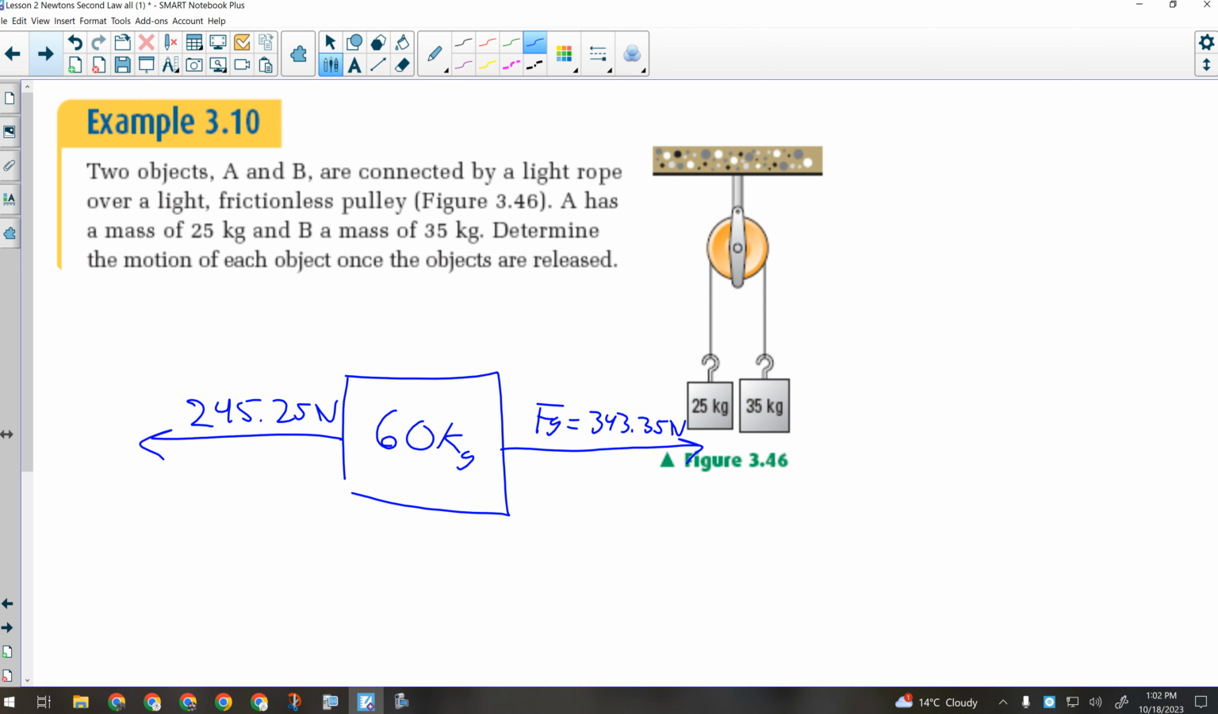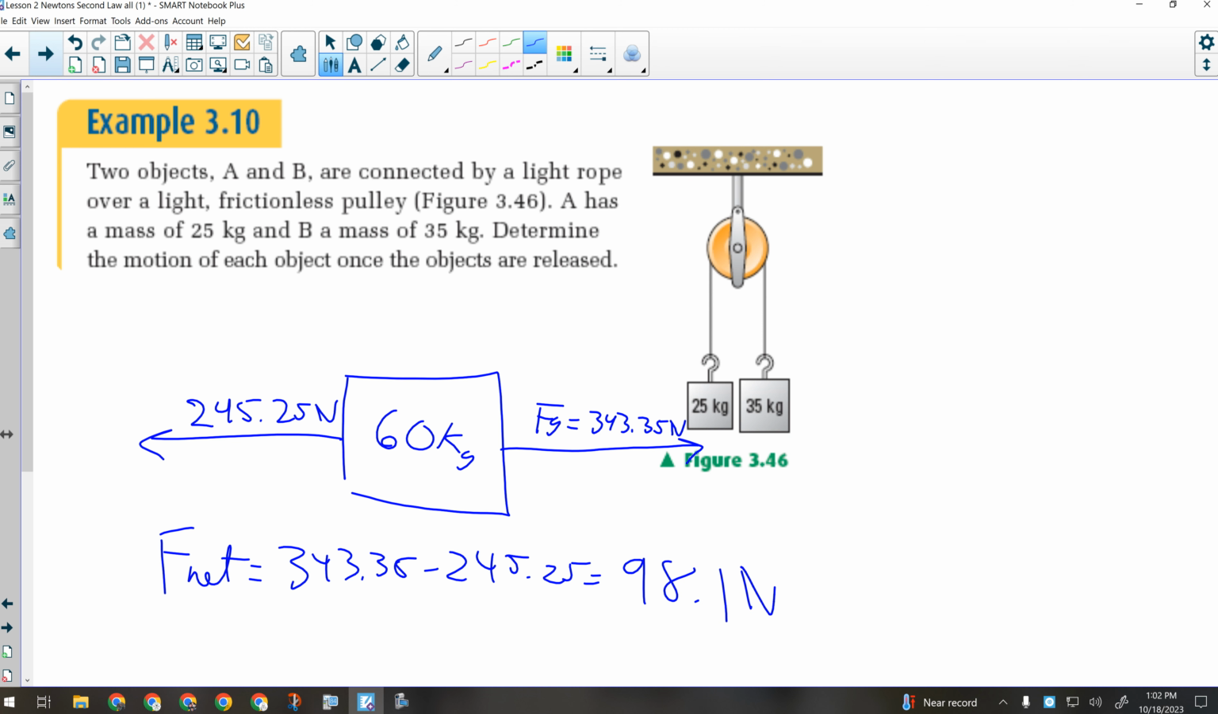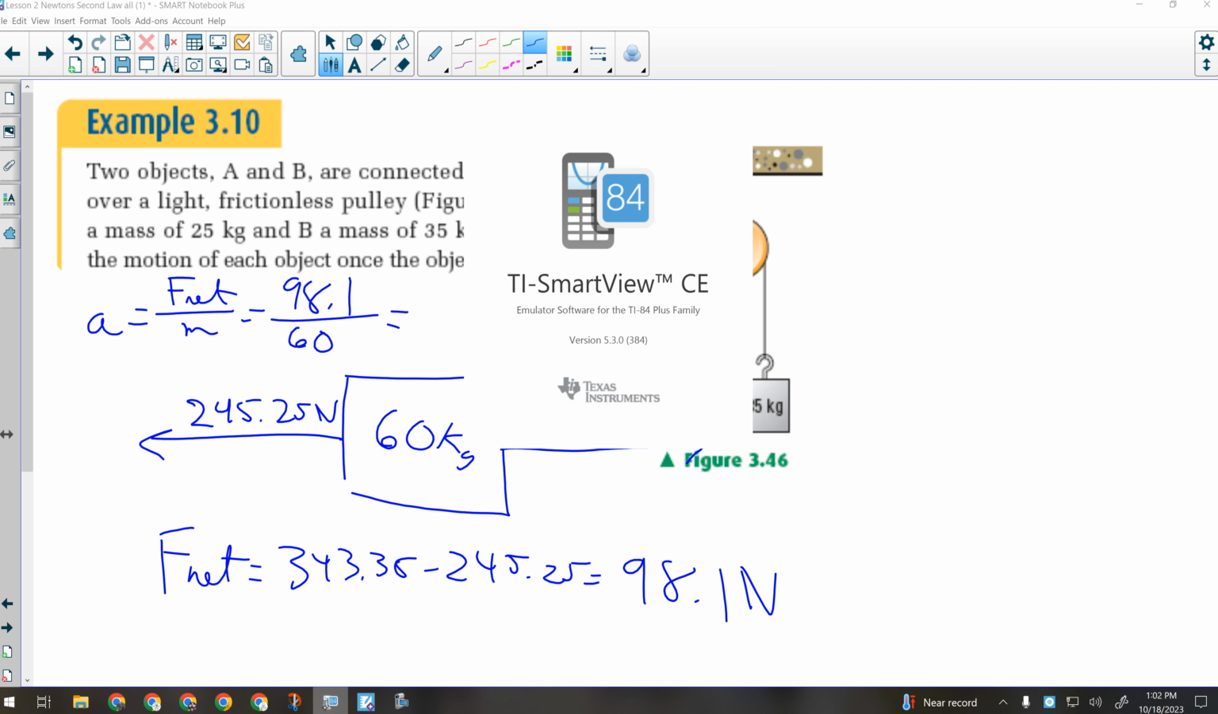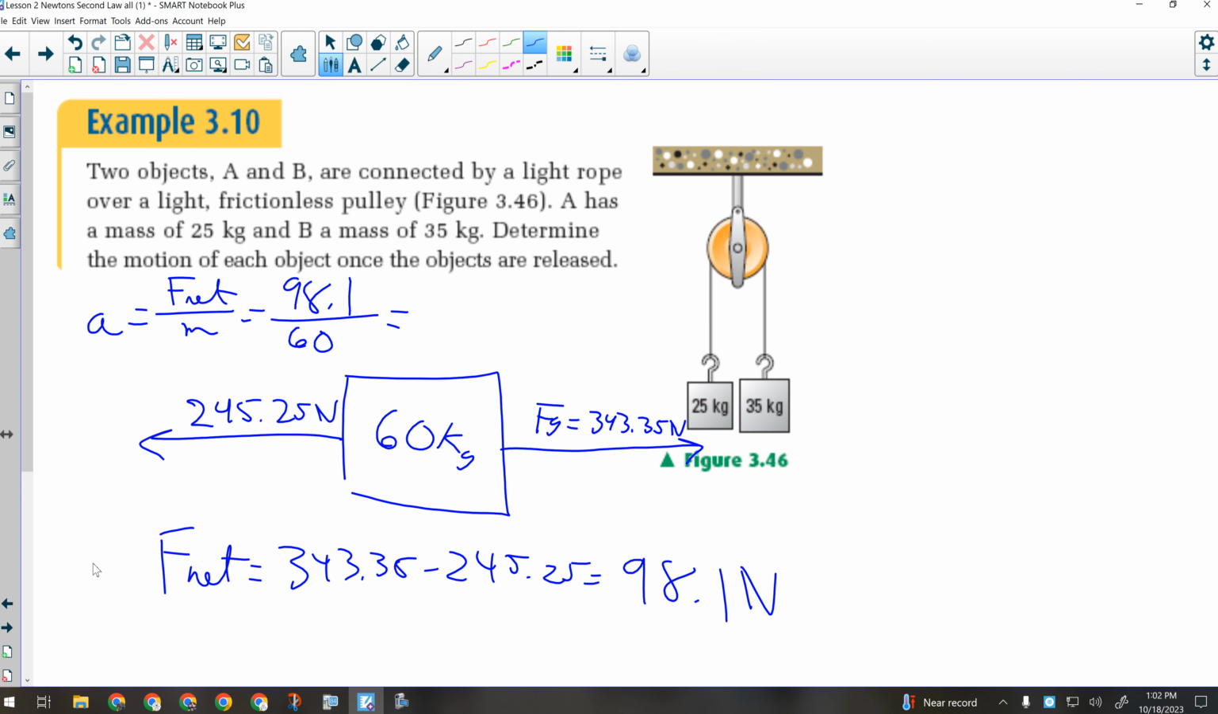Okay, now here's the trick with this question. Once I calculate the net force, which is going to incidentally be 98.1, okay, F net's going to be 343.35 minus 245.25, and it's going to be 98.1 newtons. Okay. When I calculate the acceleration, that's going to be F net divided by m, so 98.1 divided by 60. So 1.6